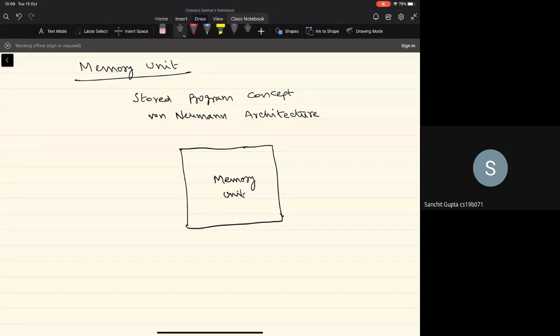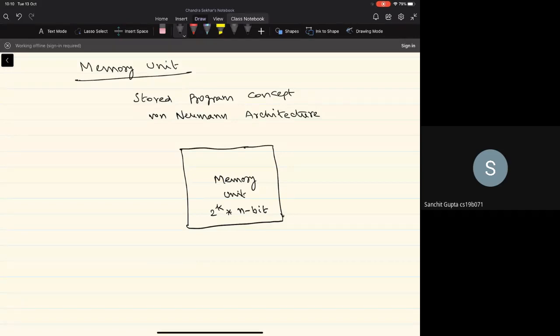And the specification of the memory unit will typically be given as a 2 power k by n bit memory, where 2 power k indicates the number of memory locations and the n indicates the number of bits that can be stored at each memory location.